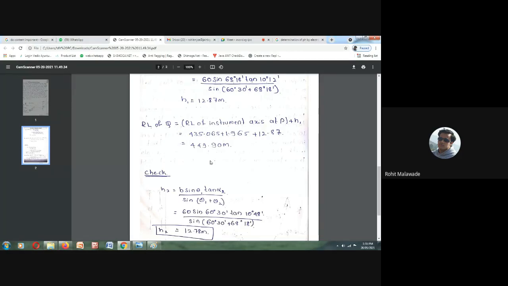See, I can solve some of the examples, but I cannot solve all the problems, right? So you need to refer to different textbooks. You refer BC Punmia, SK Duggal, right? If you refer to these textbooks and solve the problems, your things will get simplified. By attending the classes, you will get to know how to solve the problems, but when you sit and refer to different textbooks, you will get new problems. So you need to refer to different textbooks also in order to solve this kind of problem.